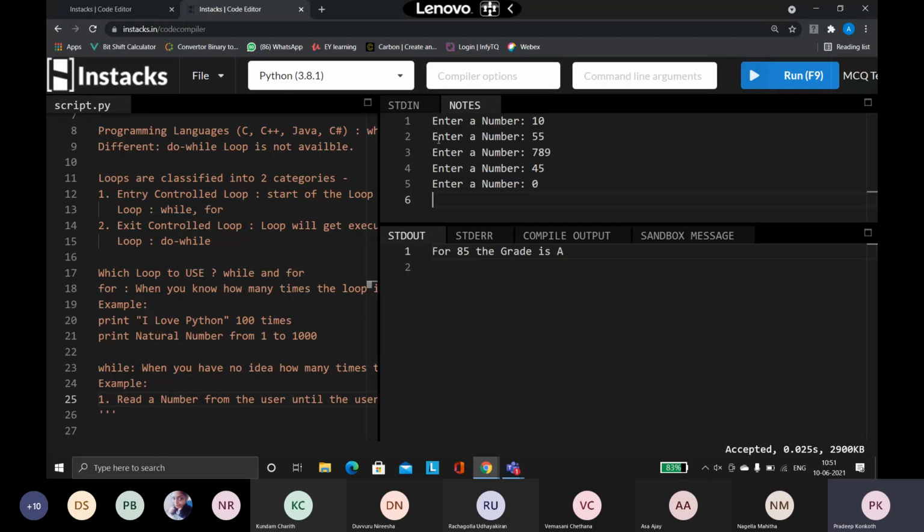This is my program. Here, can you really guess how many times the loop will run? When is my user going to give 0? Do you have any idea? What are the chances? When I run the program, the first number itself can be 0. Then the loop will not run at all, because as soon as it sees 0, the loop has to stop.